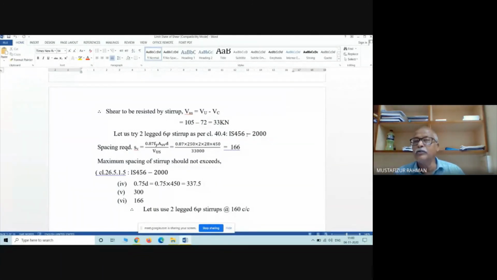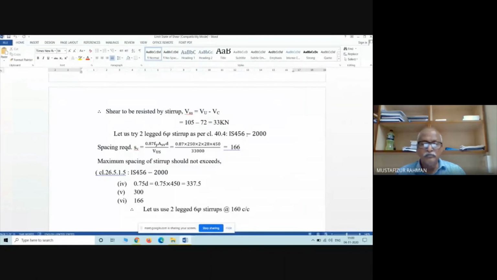So for that also there are some specifications. These specifications are given in the code. The spacing cannot be more than 0.75 times the effective depth. Okay. So to conclude here today,